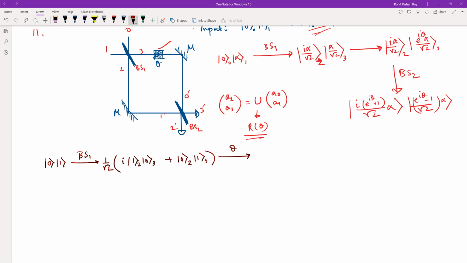This theta and this theta are different. Then we operate this, and what we get is